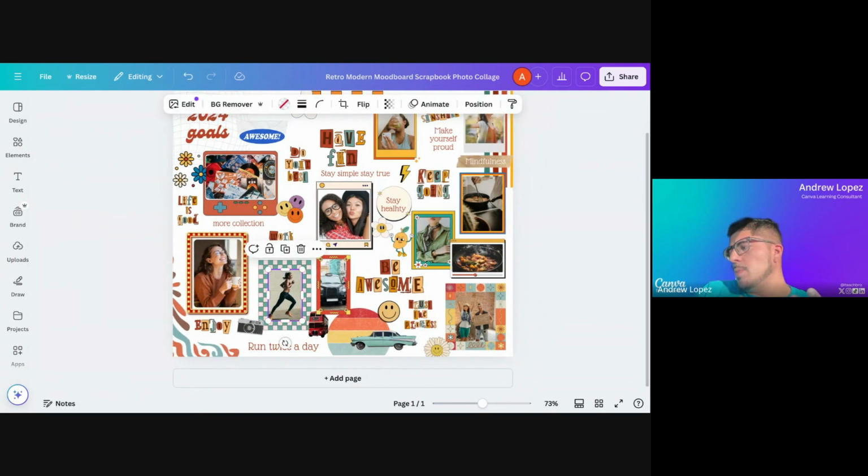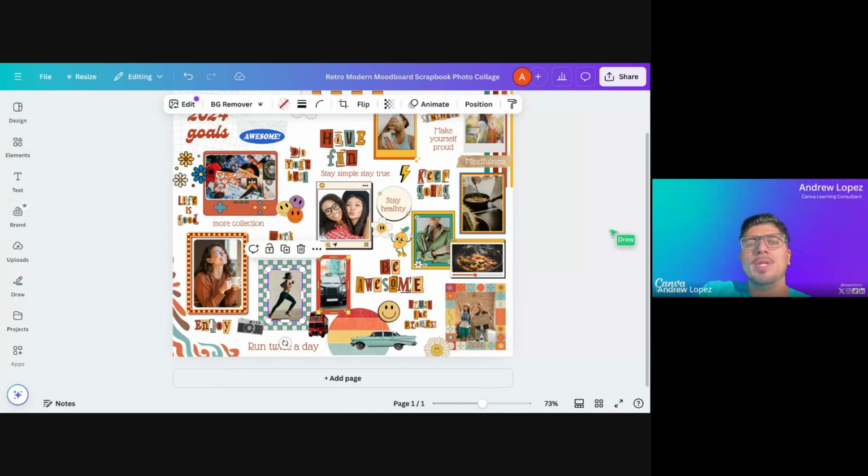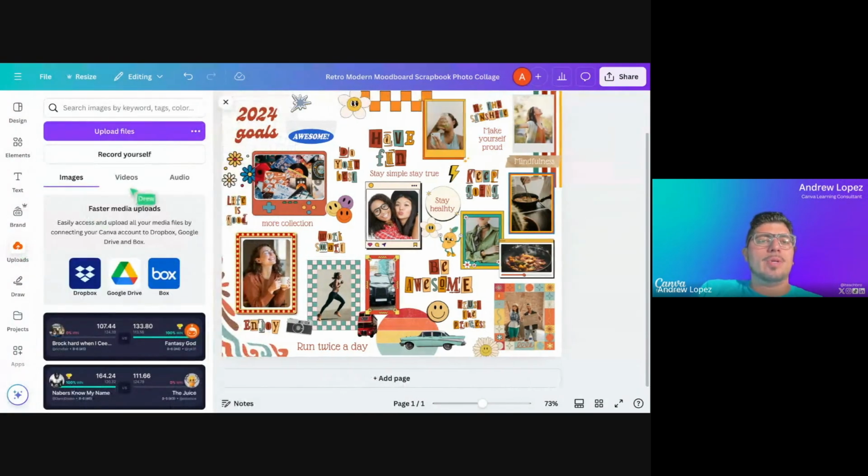So again, this is something your students could do. You can have them set a vision board for the rest of the school year, and then they are able to adapt it how they see fit. And yes, you can actually do your own pictures as well. So you would just go to your uploads, and then you would go to images, and you would need to,